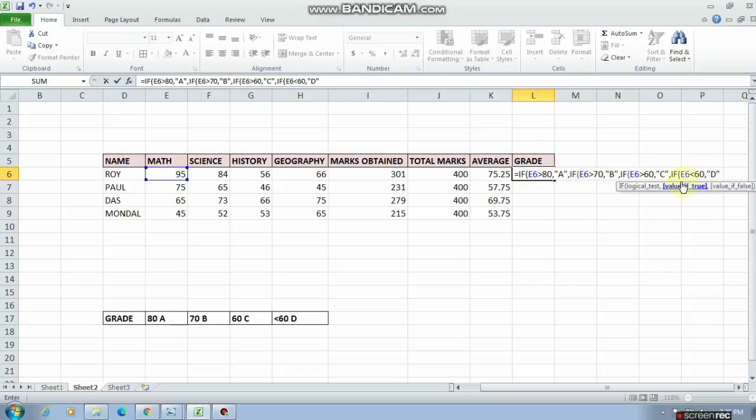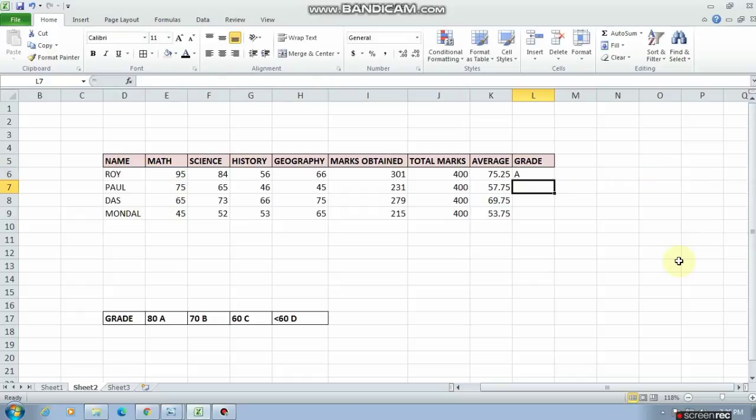We have opened 4 brackets and we have to close the 4 brackets consecutively. By pressing enter you will get the grade of maths, and by dragging it down you will get the grade of maths only. Likewise you can prepare the grade of other subjects also.